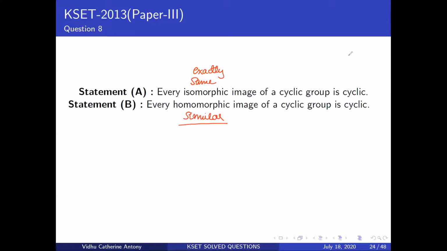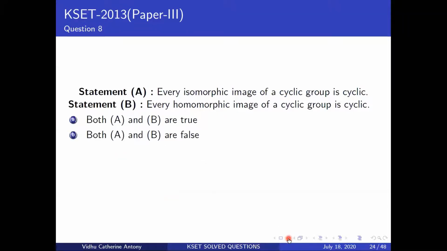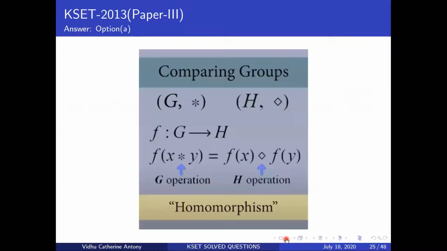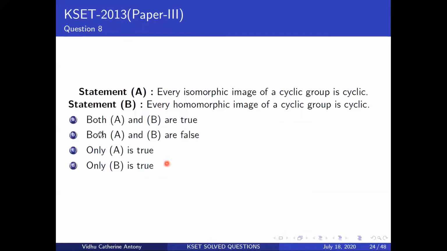Okay, so now let's move on to this. Both A and B are true. You will realize that both of them are true. You'll realize it's option A once I go back to it. So these are the options. Basically, it's going to give you 2 statements and ask you if they are true or false. Okay, so now let's look into this.